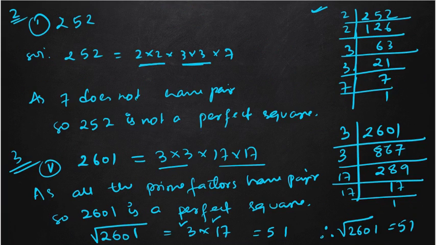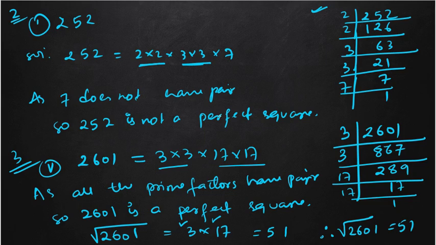Now read question number 2. Using the prime factorization method, find which of the following are perfect square numbers. So using prime factorization, we need to check whether the numbers are perfect squares or not. So when will the number be a perfect square? If its prime factors are in pairs. So if you see the prime factorization of 252, you can see the 2 has a pair, the 3 also has a pair, but 7 does not have a pair. That means this number is not a perfect square. So similarly, you find the prime factorization of all the numbers in question number 2 and check whether all the prime factors have pairs or not. If they have pairs, then that will be a perfect square. If not, they will not be a perfect square.